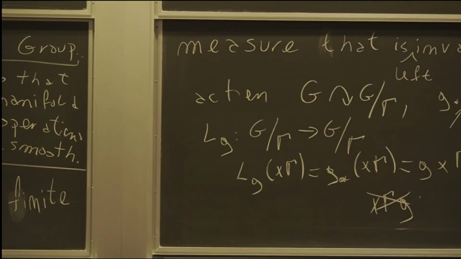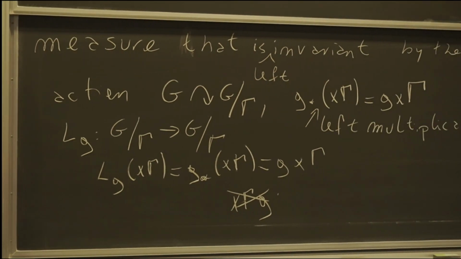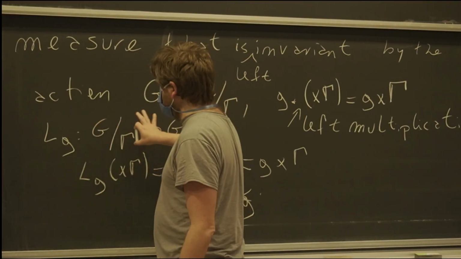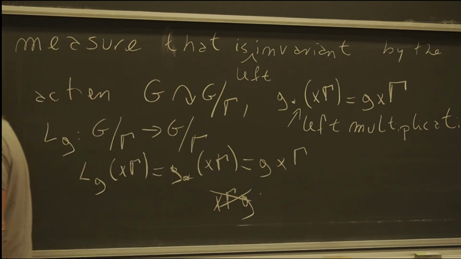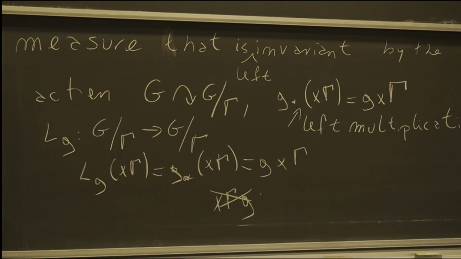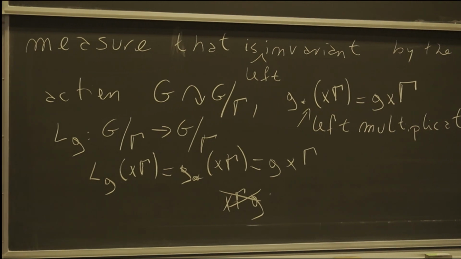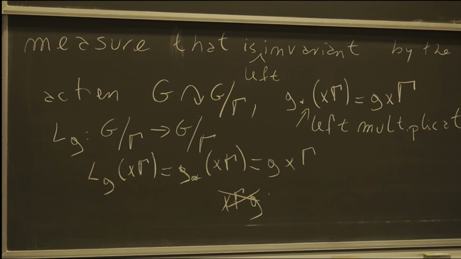But yet, it could be that there is a measure which is invariant by all these elements. Now, it's not really hard to see that once this measure exists, it is essentially unique modulo the normalization you put here on this finiteness, and it's the projection of the Haar measure on G to G mod gamma. Okay, so